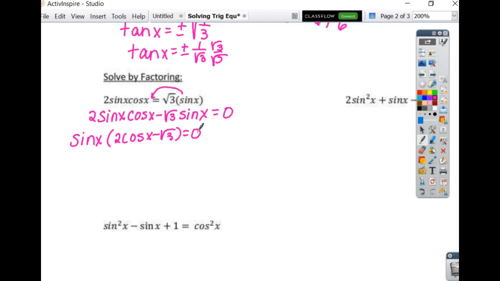So before I go any further, I want to ask you, if I'm solving this, what are my answers? And how many answers do I get? 2. What are they? 5 and 0, right? Because this is an answer. If I make this equal to 0, that makes the whole thing 0, correct? And if I make this 5, the whole thing is 0. This is going to work the same way. I have to set this equal to 0, and I have to set this equal to 0, because they both will make the whole thing 0. So I'm going to end up with